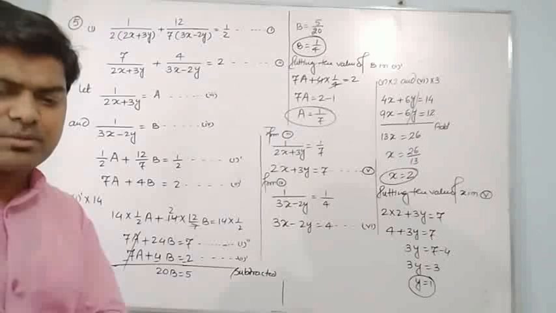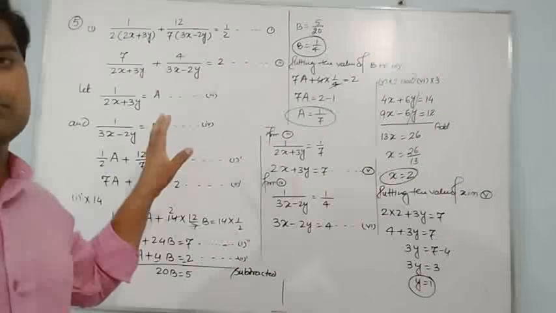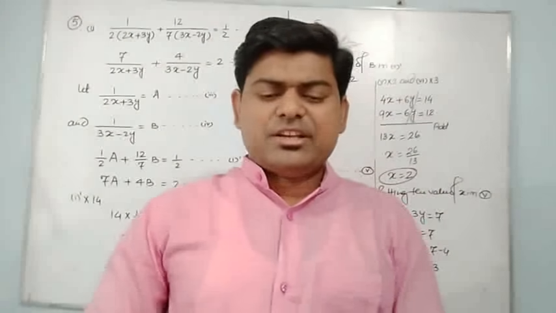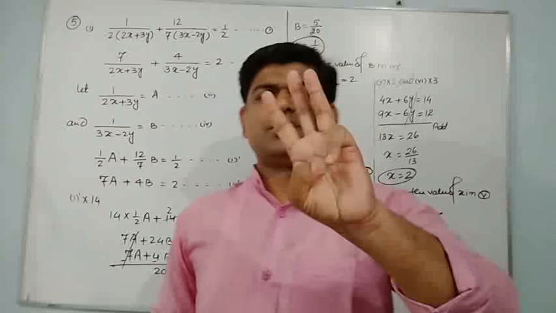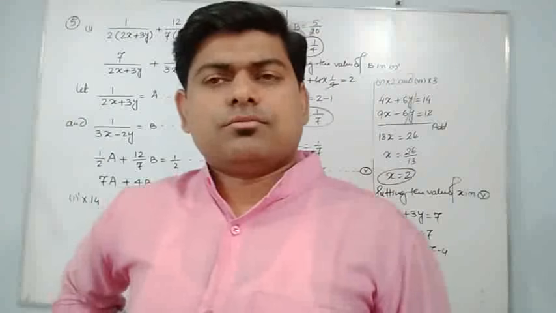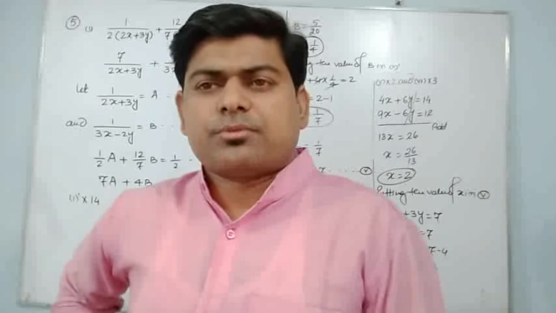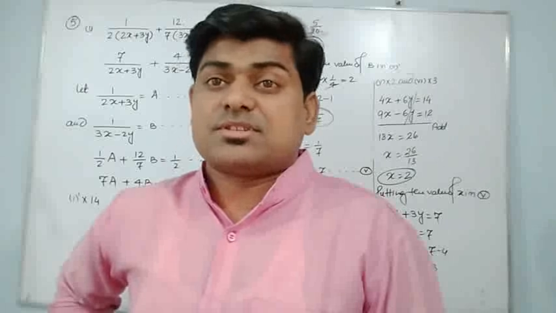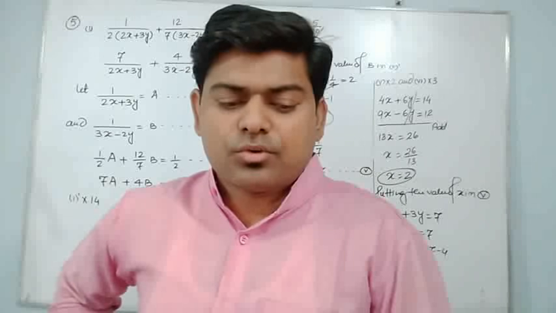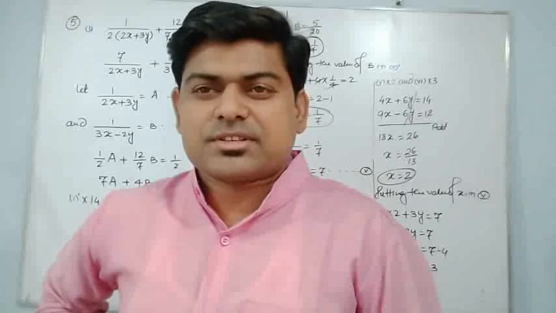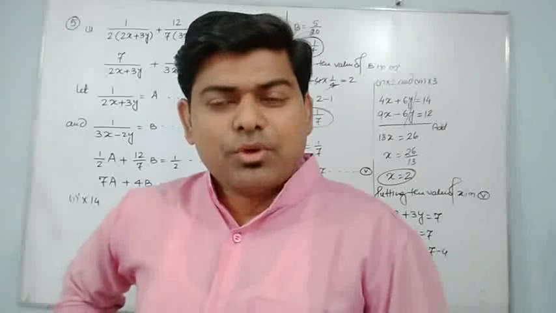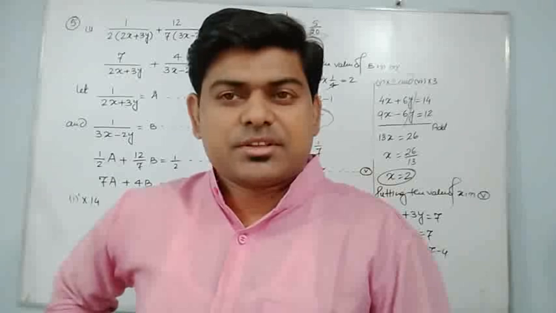Question number 5, second part, is just like the same. Then one more question, number 6, is there, and it is a little bit different but easy. Listen to me carefully. There are three equations. Till now, in whatever questions we have done, only two equations were there. But now, for the first time, we have a question where three equations are there. It's written, can the following equations hold simultaneously? It is asking if these three equations will hold as a system of simultaneous linear equations.